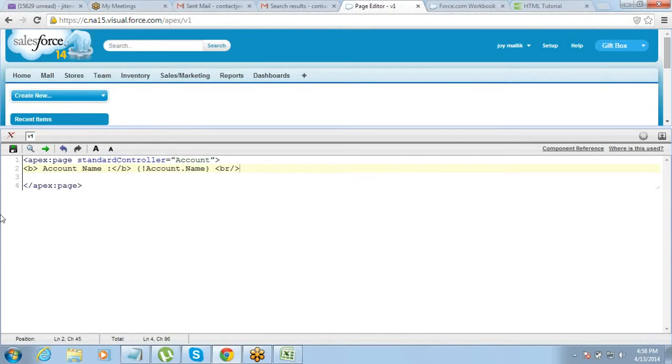Okay, so this first one within this B tag is the label, and this expression, the formula expression account.name, will show the actual value, the name of the account, and that's the label.